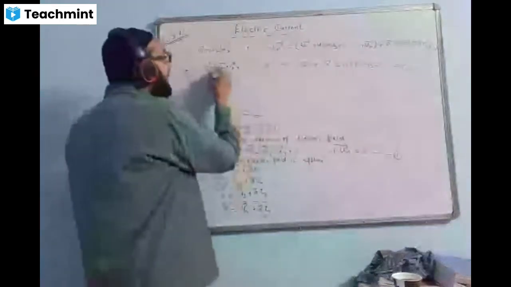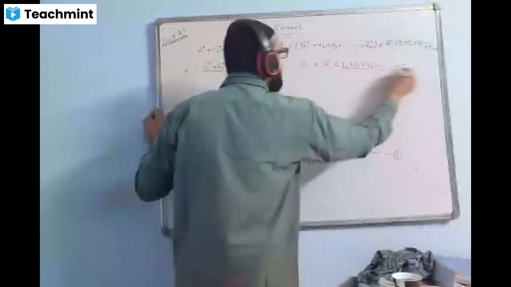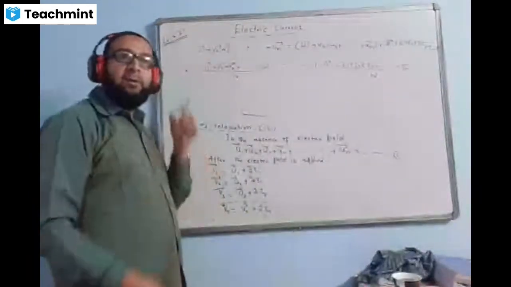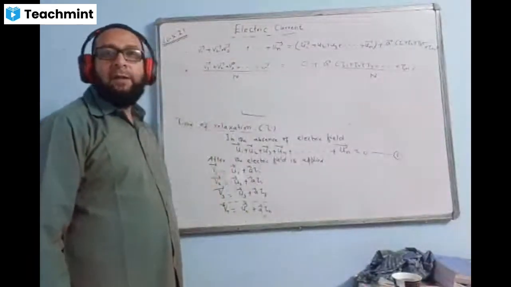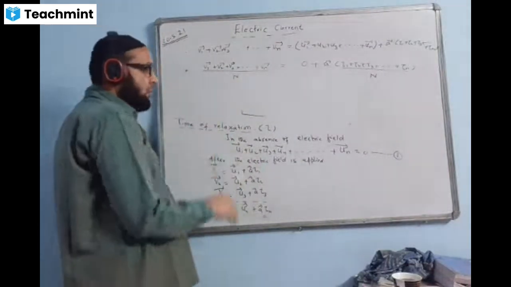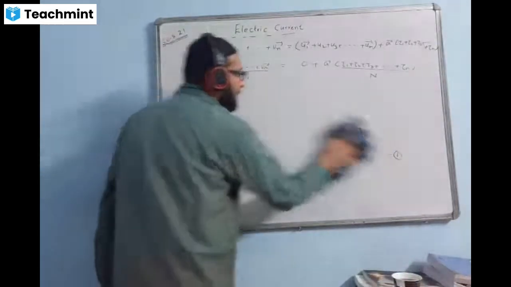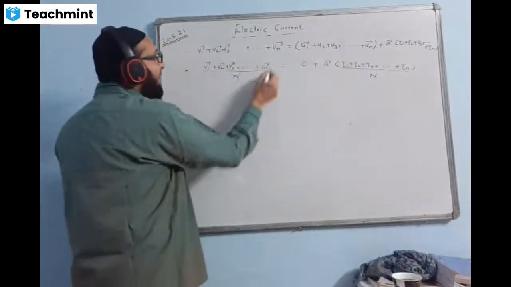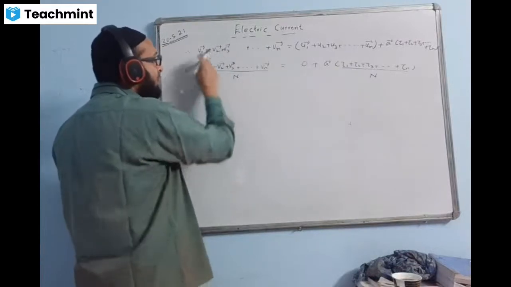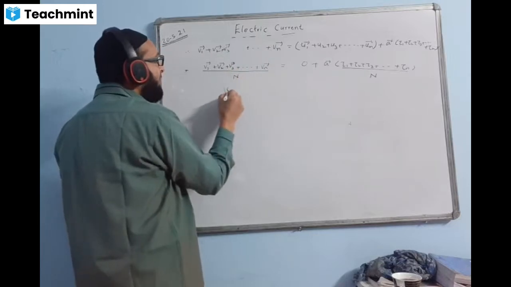What we'll do is divide by n, where n means the total number of electrons. Both sides we divide by n. To find the mean or average value of anything, how do we find it? Add all of them, divide by n. So this thing is called the average velocity of all the electrons. This average velocity of all the electrons in a linear direction, opposite of the random speed, is called drift velocity. Here we write Vd.